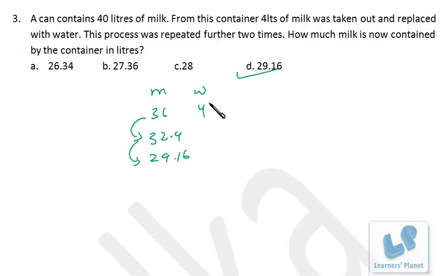And don't make the calculation of water. If you are asked about the remaining quantity of water, then don't make the calculation of milk. Then you can make the calculation for water, right? So whatever is asked in the question, go with that. Even after one step, if one more step is asked, then you need to deduct just 2.9%, that is around 2.2. So it can be done very easily. Your answer must be 27 something, right? So without the use of a formula, this problem can also be done simply.